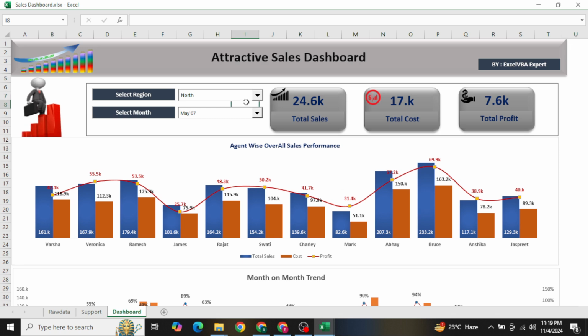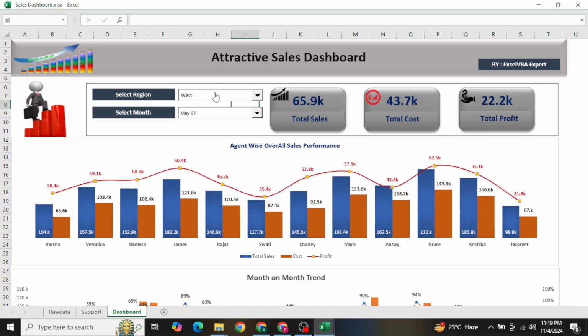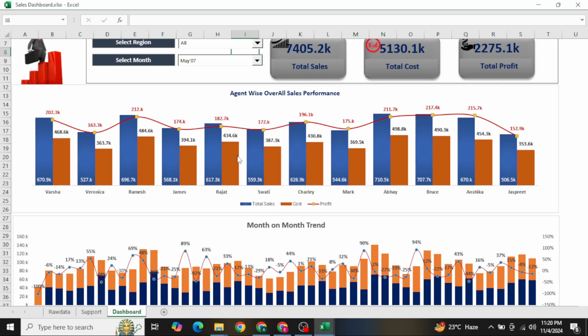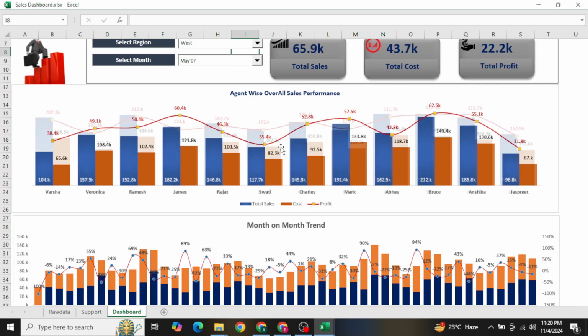If I change the region to West, you will be able to see everything getting changed. If I select All, I will be able to see all the things in one go. On the bottom I also have this particular chart. If I change anything here, you can see, but this blue chart is something which is based